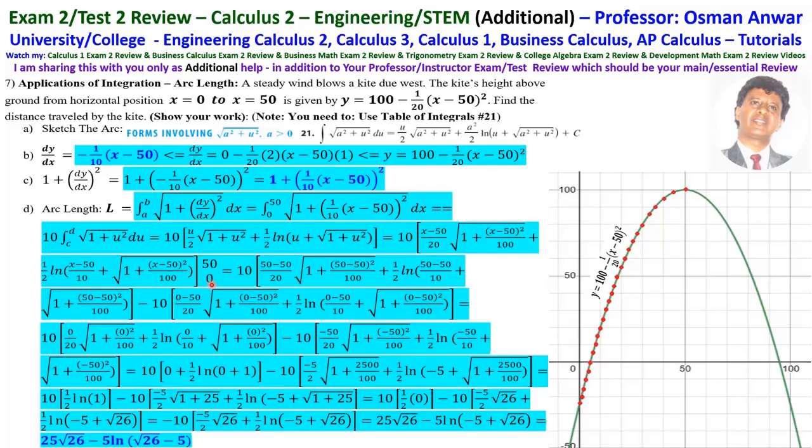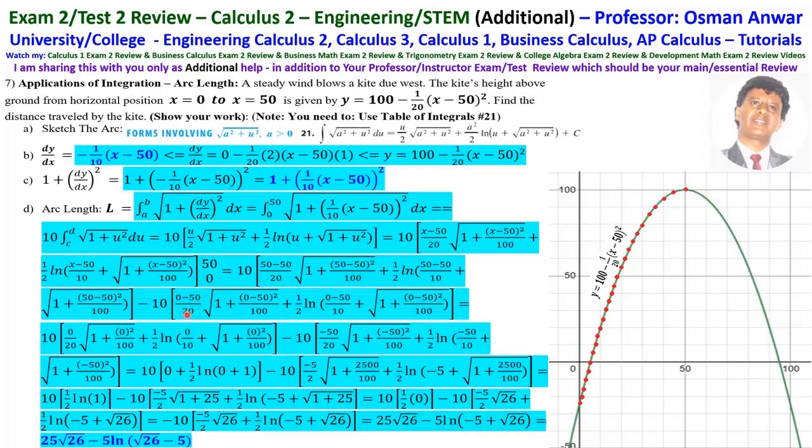And that's evaluated from 0 to 50, which is equal to 10 times (50 - 50)/20 square root of 1 + (50 - 50)^2/100. Notice this is 0, this is 0, plus 1/2 ln((50 - 50)/10 + square root of 1 + (50 - 50)^2/100), which this one is also 0, minus 10,